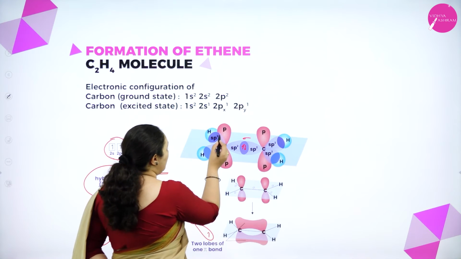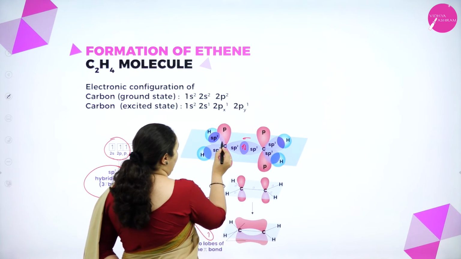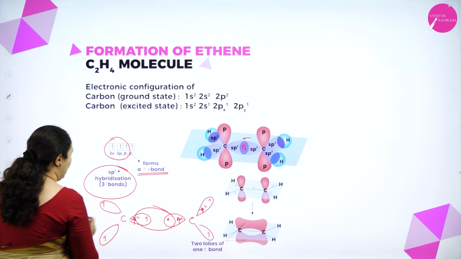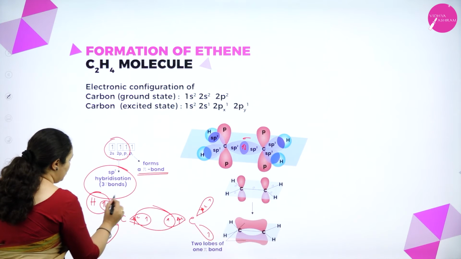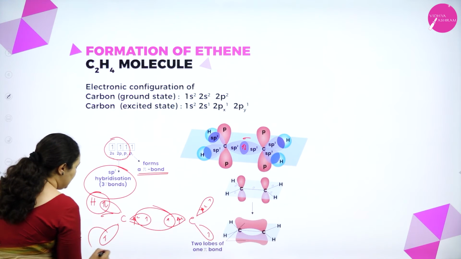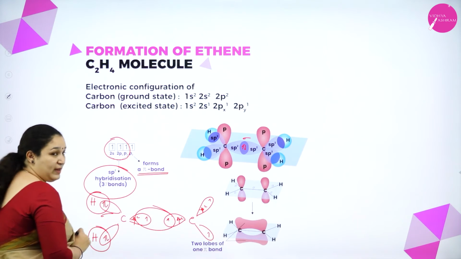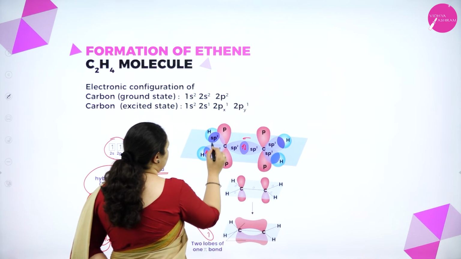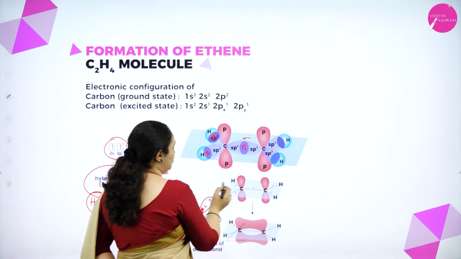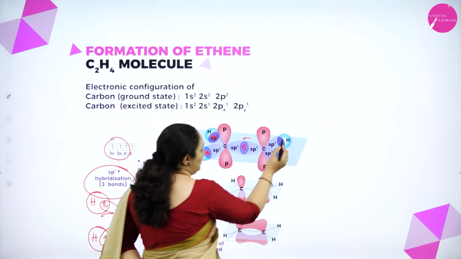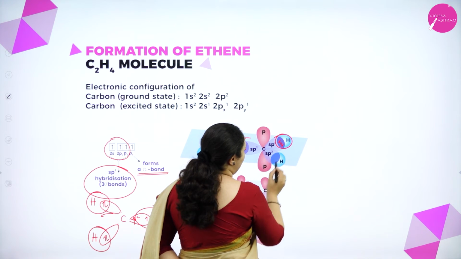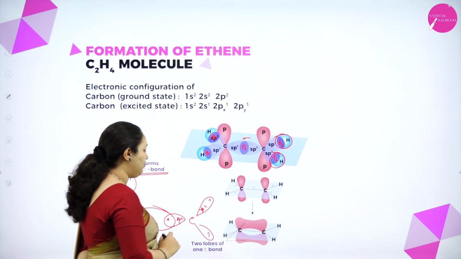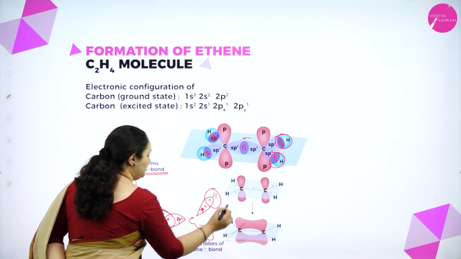Then one more sp2 hybridized orbital will overlap with hydrogen. This will overlap with hydrogen to form a second sigma bond. This will overlap with one more hydrogen to form another sigma bond. So you have hydrogen and hydrogen, to form 2 more sigma bonds. Similarly, here also you have hydrogen with 2 electrons. Here also it will overlap with hydrogen and 2 electrons to form 2 sigma bonds. So here also hydrogen, hydrogen